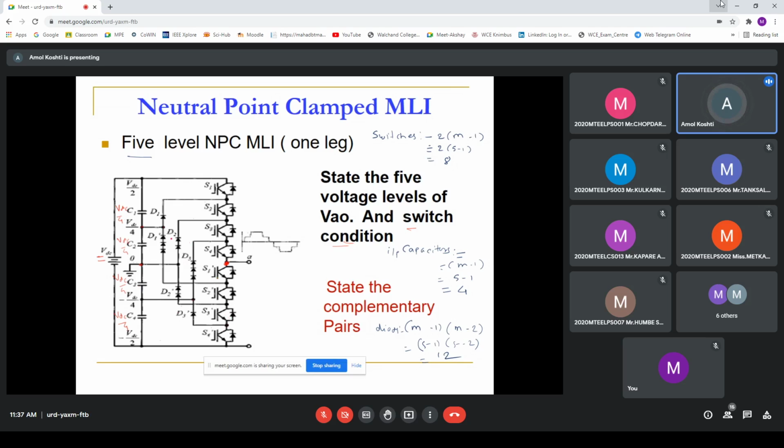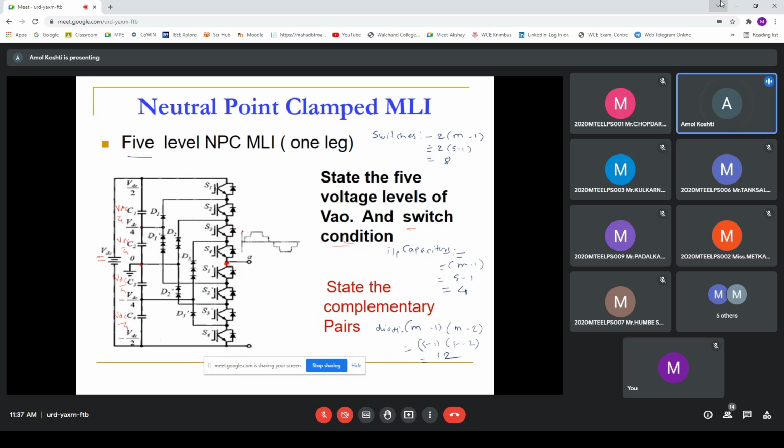So I am telling you just to remember. Now you might have a question why the count of the diode is different. Because that diode has to sustain the voltage. So based on this, these diodes are configured. Some mathematical formulations are there, and based on this, diodes are placed into this circuit in this way.